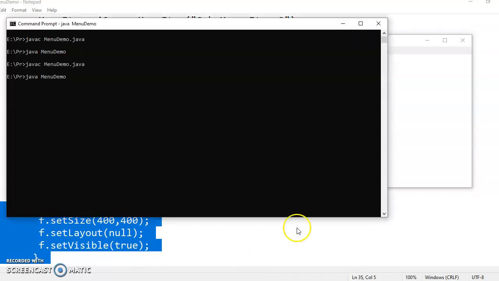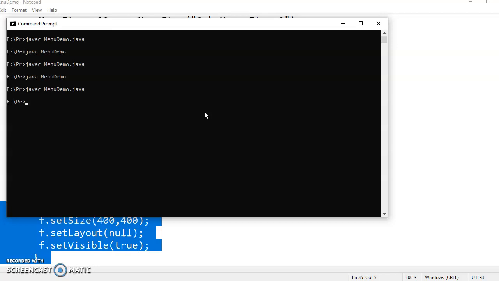Now quickly I'll show you how to compile this program and how to run it. So in the command prompt, I have to write javac the class name .java. So the class name is menudemo.java. Enter. It will compile, and if there will be any errors, they will be displayed. As it has returned back with no errors, so it is ready for execution. Now to execute a simple Java program, this is not an applet, this is a normal Java program. So I have to use a command java and then menu demo, the class name, and press enter.